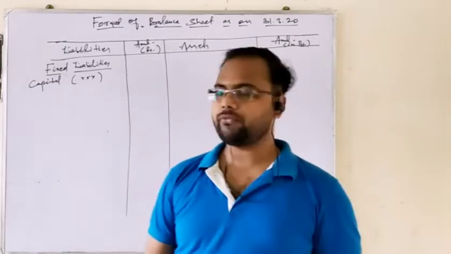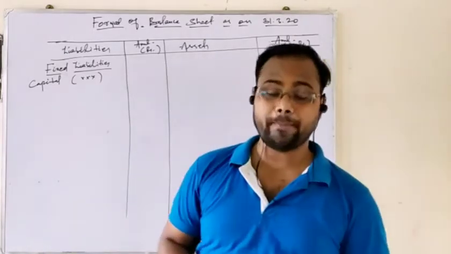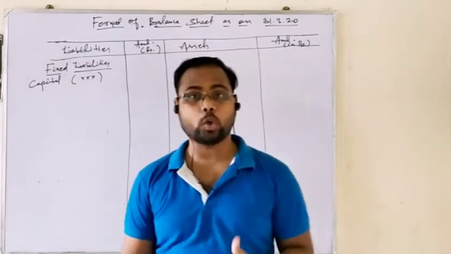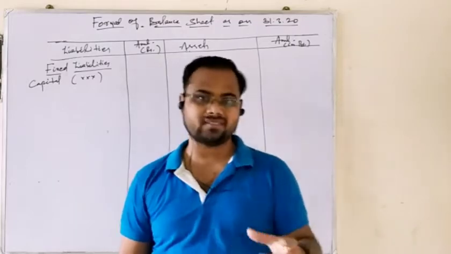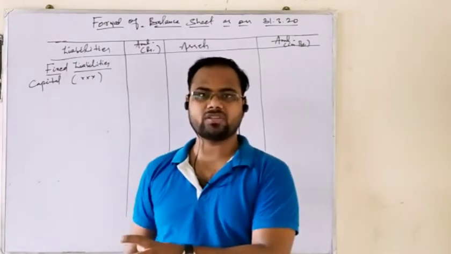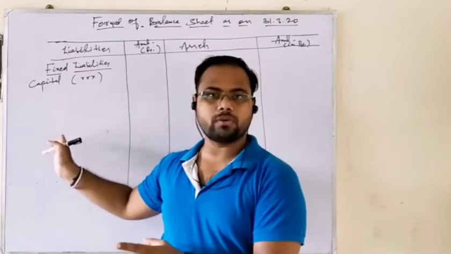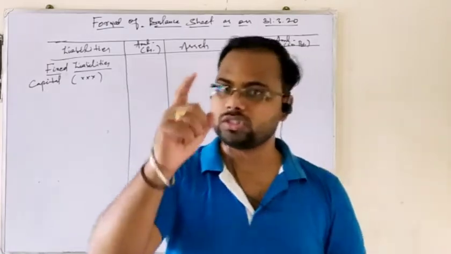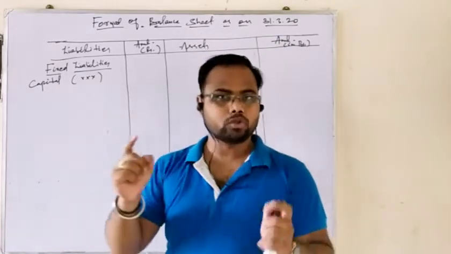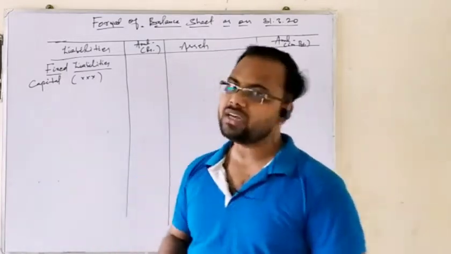That means if there is profit, it will be added. If there is loss, it will be deducted. Also, interest on capital is paid to the owner, so interest on capital will be added. And it is also possible that the owner withdraws something, that may be goods or cash, during the business accounting year. Those drawings reduce the funds from the business, or reduce the capital. All these adjustments will be done in this capital account. This is the reason I have written the capital amount in the inner column. So please look carefully at how the adjustments regarding the capital account are taken out.